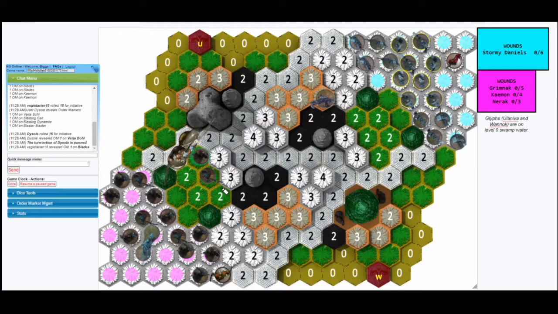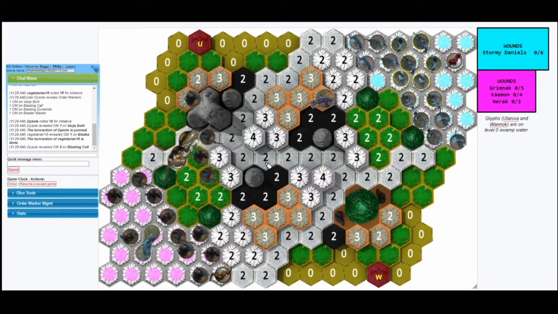As I predicted, Dysole did put Varja out there. Now I wouldn't necessarily go Varja. Oh well, actually, if you look at it, Dysole only put one order marker on Varja, so Varja is not going to be moving again. I probably would have put the X on Varja there just to leave that risk hanging out there of an order marker drain. But at the same time, that risk doesn't really feel that strong, because unless it's 1-2, are you really going to try to drain order markers on your order marker 3? The Varja play is actually much more intimidating at the beginning of a round than at the end.